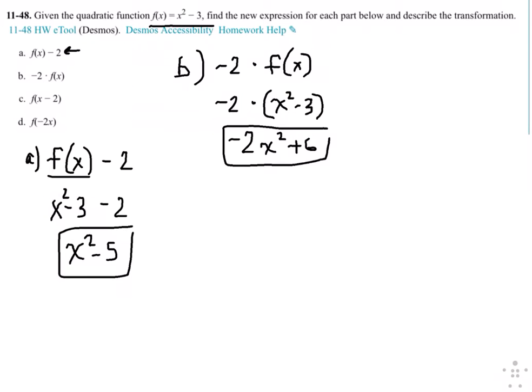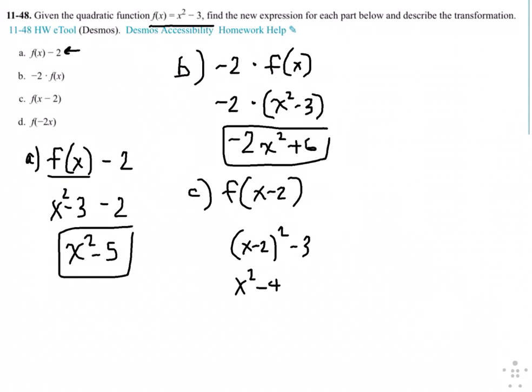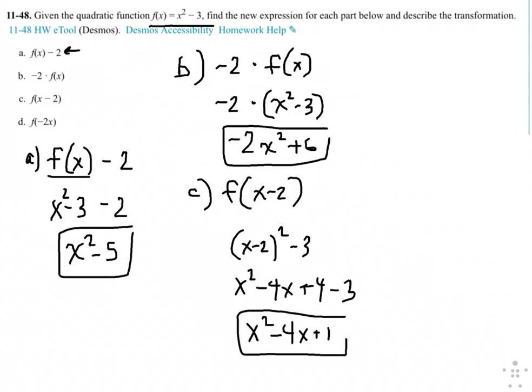Okay, for c, we want f of x minus 2. So for this, we substitute x minus 2 wherever we see an x. So we had x squared, but it's not x squared anymore. It's x minus 2 squared minus 3. The book will leave it like that. We know by now that you cannot, so it's x squared minus 4x, right? Minus 2x plus 4 minus 3, which gives us x squared minus 4x plus 1, right? And for c, when we subtract inside of the parentheses there, that's going to shift it to the right 2